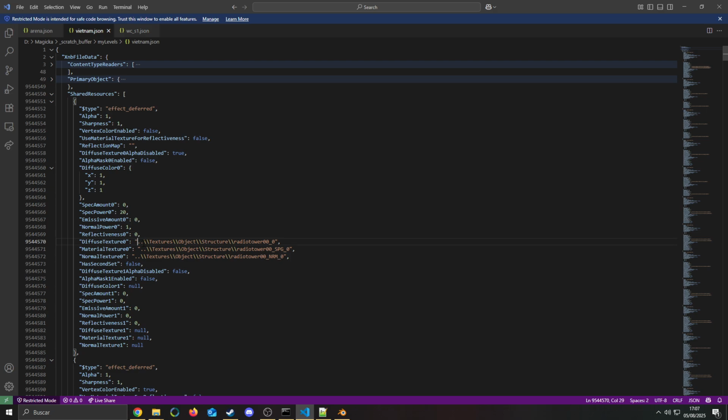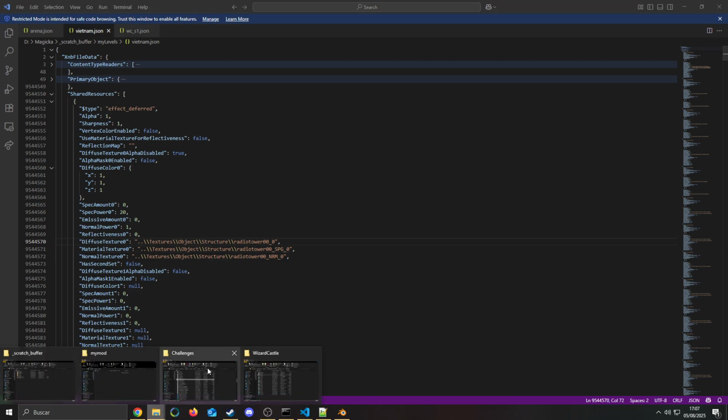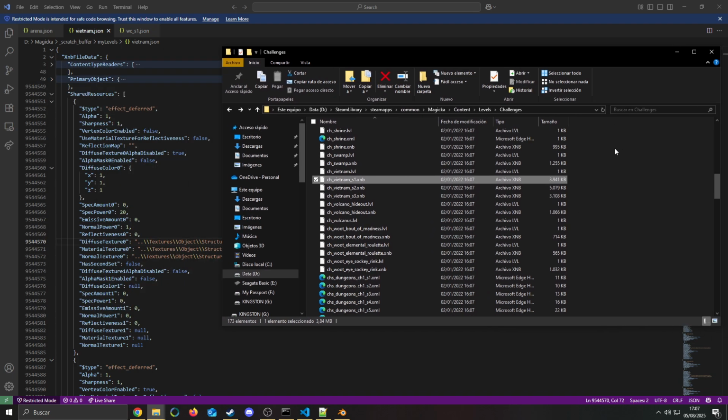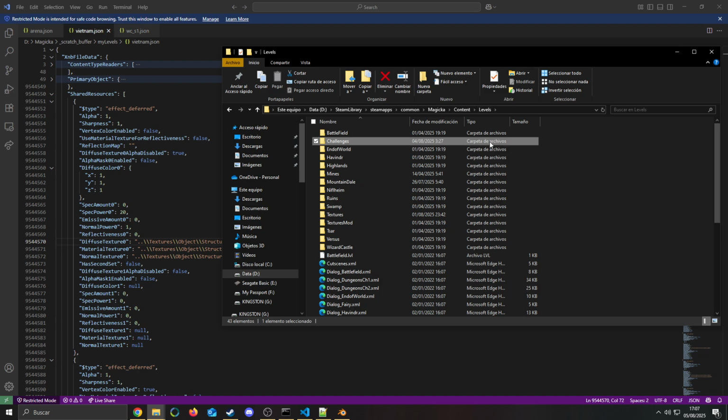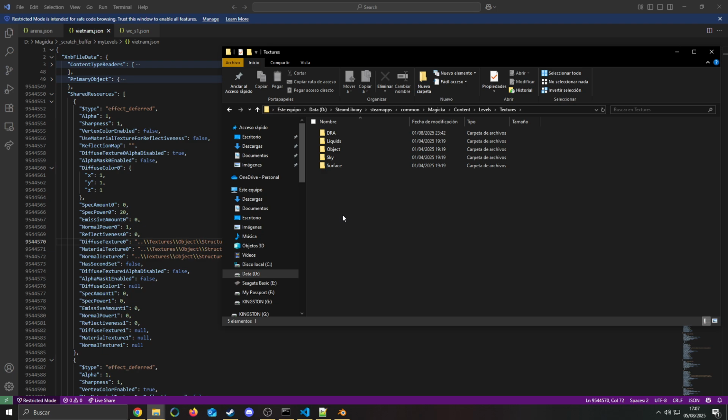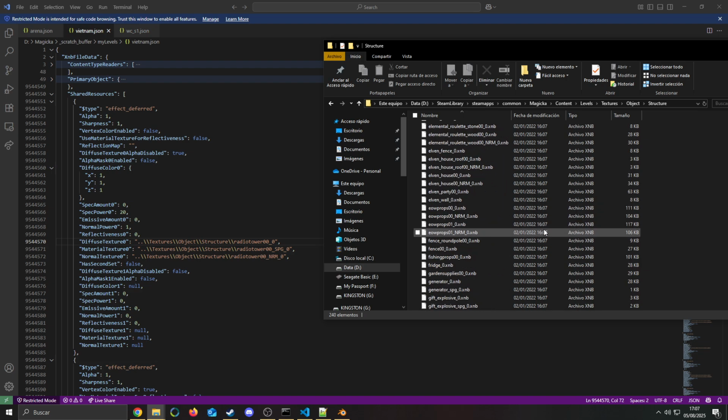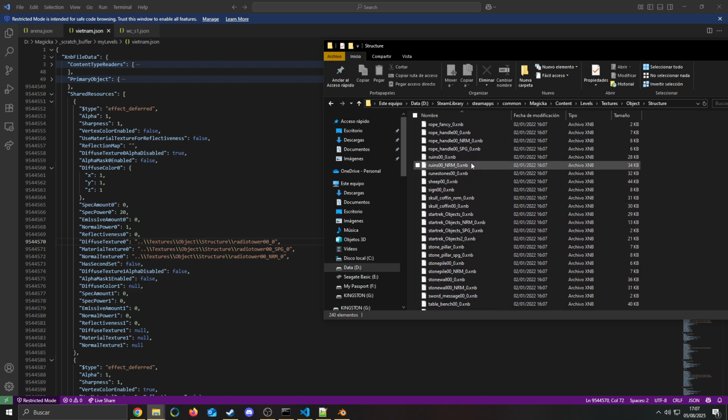You can see that the path doesn't say content slash whatever. This is telling the program that it wants to go one directory up, then go into the texture directory, object, structure, radio tower. So if we go over to the challenges directory, where the Vietnam map is located, we go to the directory before challenges, we go into the textures directory, into object, into structure, and here we should have one called radio tower. It's somewhere around here, and here it is, radio tower